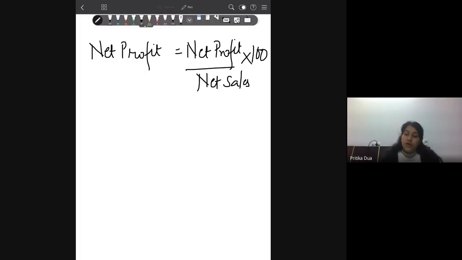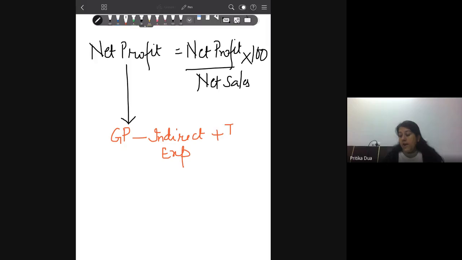Higher the net profit ratio, better it is for the firm. How do you calculate the net profit? You have done this in the P&L account. So it is gross profit minus all the indirect expenses and plus all indirect incomes. What all comes under indirect expenses? Your selling, distribution, administrative expenses, depreciation, bad debts, ये सारे आपके इनडायरेक्ट एक्सपेंस हैं।